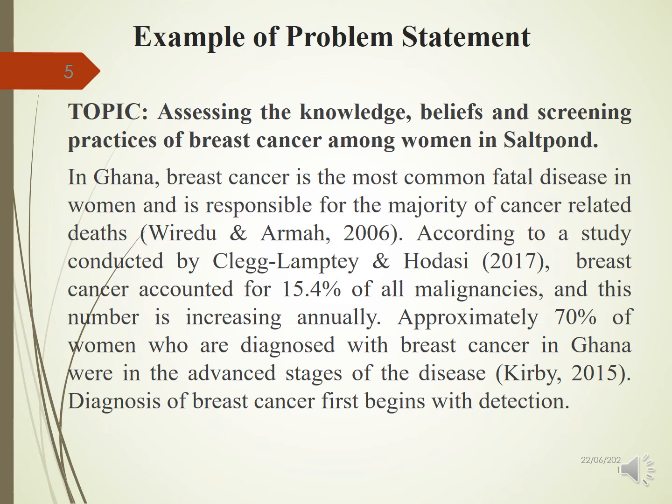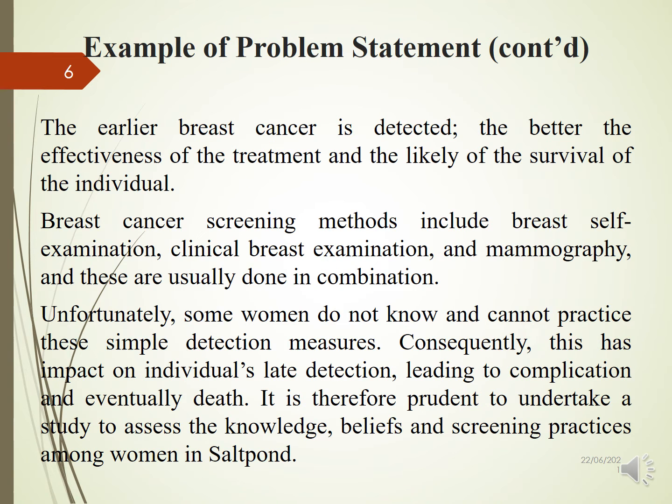Diagnosis of breast cancer first begins with detection. The earlier breast cancer is detected, the better the effectiveness of the treatment and the likelihood of the survival of the individual. Breast cancer screening methods include breast self-examination, clinical breast examination, and mammography, and these are usually done in